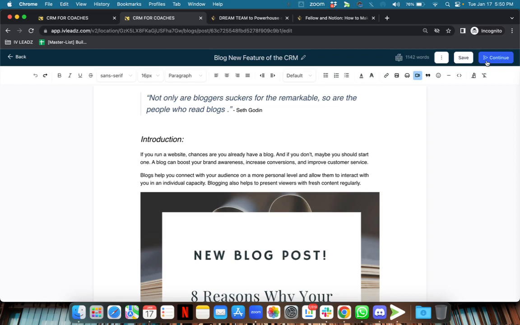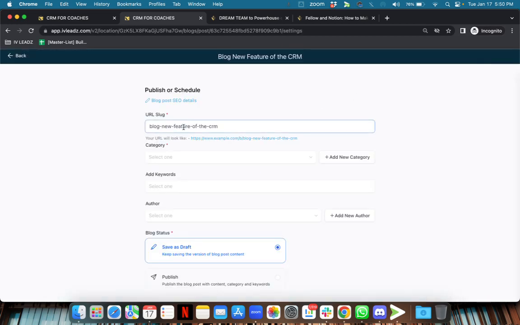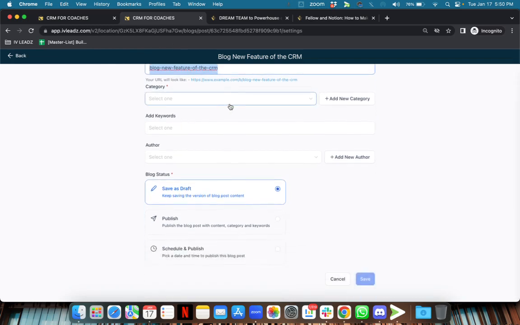So once you do the edits, click on continue, and from here you can create your own slug, which is like the link that will appear up top. So just make sure that it's relevant to the content of the blog, and then also you can start creating your own